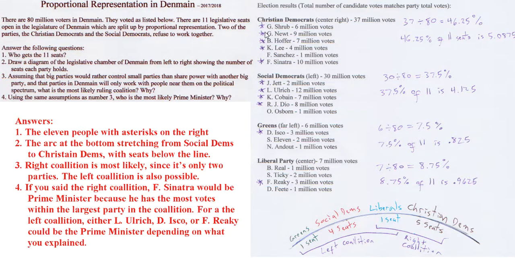You can actually just star it like that and write like Q1 and just draw an arrow to it, and that'll answer question 1. All right, next question is draw a diagram of the legislative chamber of Denmain from left to right, showing the number of seats each party holds. You already know how many seats because you figured that out already. Now you just have to draw the